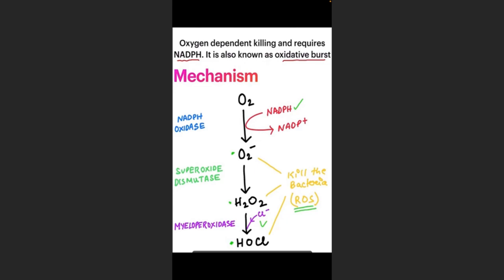First of all, oxygen is converted into oxygen free radicals with the help of the enzyme NADPH oxidase. Because it is energy dependent, NADPH is converted into NADP,